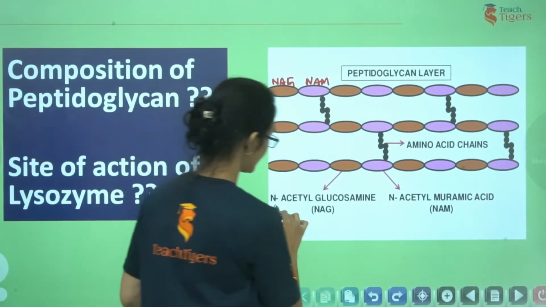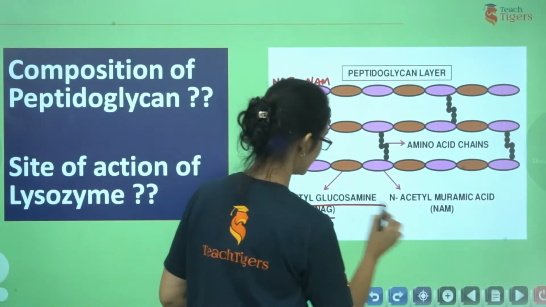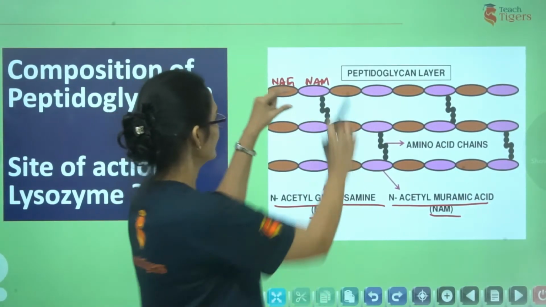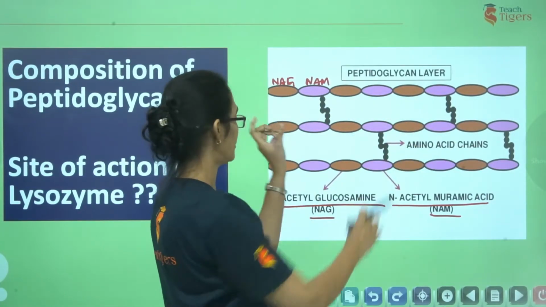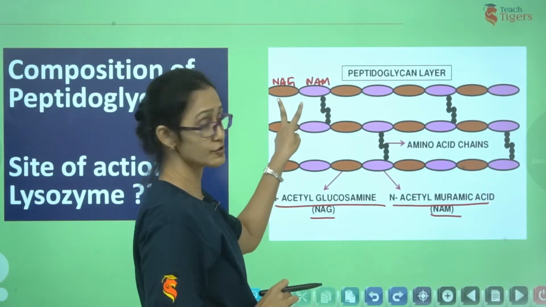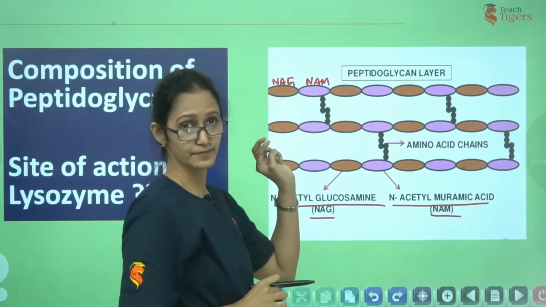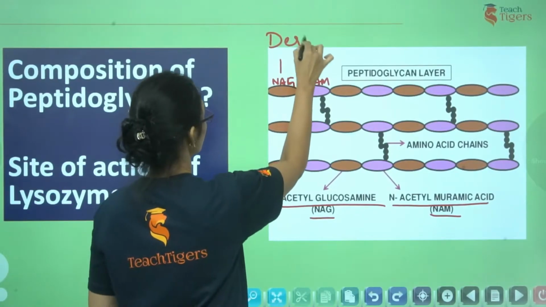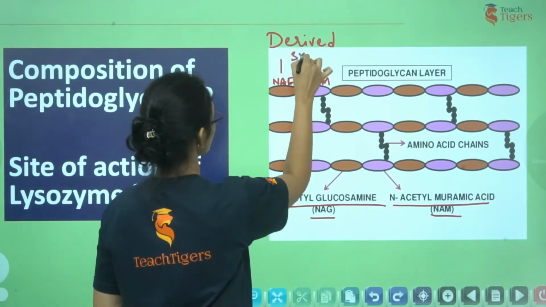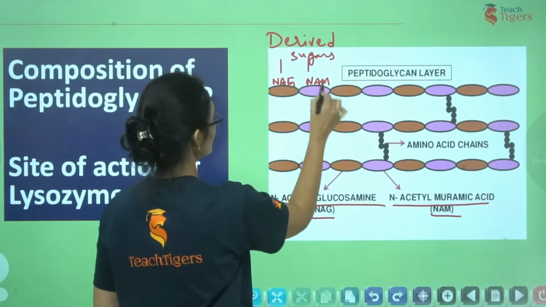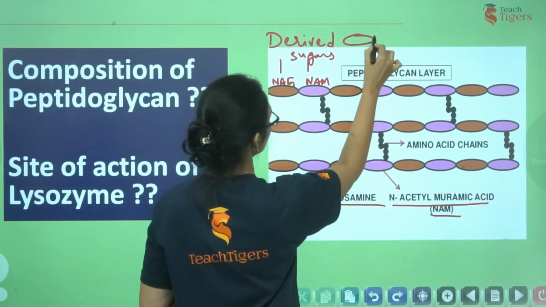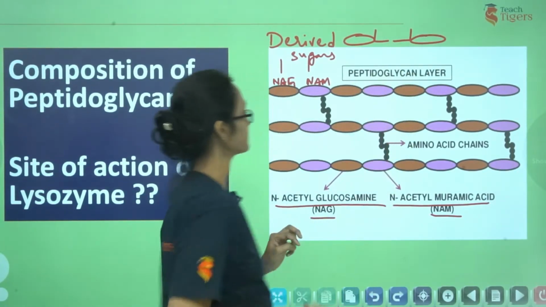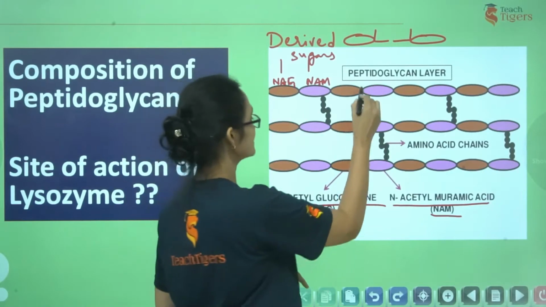These are derived sugars, N-acyl glucosamine and N-acyl muramic acid. Here each chain of peptidoglycan is made up of repeated units of N-acyl glucosamine and N-acyl muramic acid. These two are the derived sugars. Now these two sugars are held together by means of glycosidic linkage, and lysozyme is going to break this glycosidic